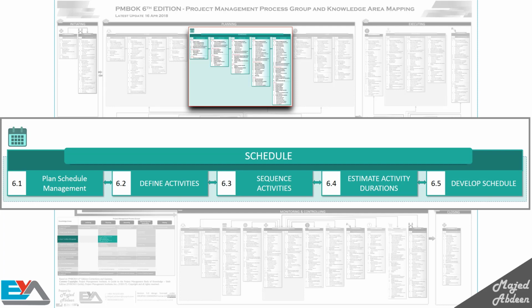So, why is developing the schedule important? One reason is that some project sponsors and contractors don't have a realistic duration for the project. Imagine you are hired to finish the project in 1 year, but after you create the schedule, you find that actually it will take 1.5 years or 2 years or maybe less than 1 year. Estimating the duration for activities is not enough. Creating the network diagram also is not enough. Now you need to know how long your project will take.